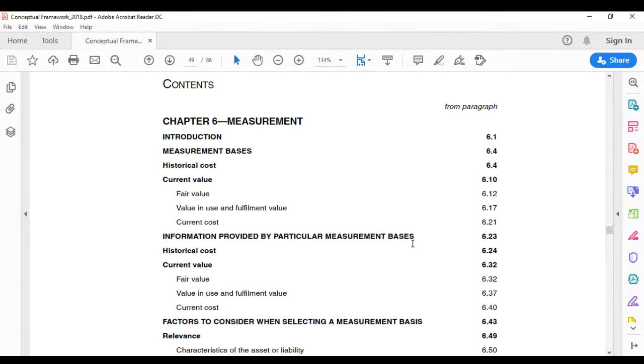Now, there are two broad measurement bases allowed by the conceptual framework. Just before we start looking at them, we must just remind ourselves of what we discussed on Tuesday. We said that the conceptual framework forms the foundation of the other standards, but we may find there are other measurement bases in the subsequent standards. But those further measurement bases only relate to that item which is covered by that particular standard. So these measurement bases that we are going to be discussing this morning relate to everything, but it's not the totality of all bases. There may be further bases, but then they only relate to a specific kind of area